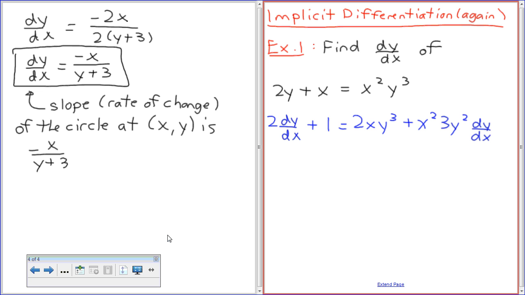Why take the derivative of x but not y? No, we're taking the derivative of everything. But the thing is, whenever you take the derivative of y, you just put an extra dy by dx in there. Why? Because